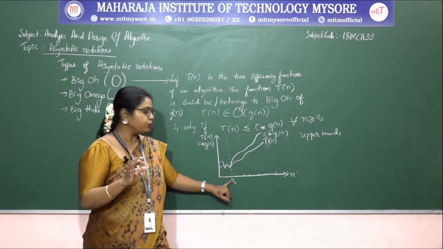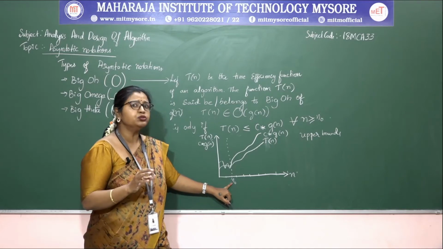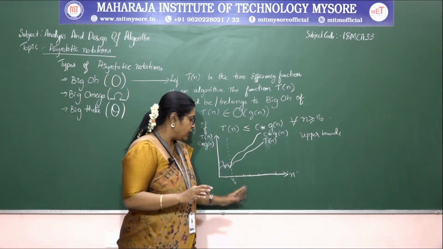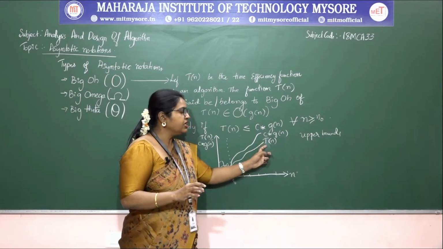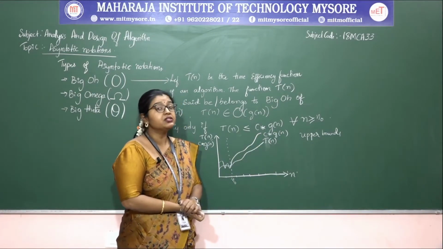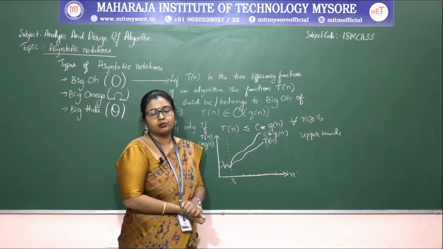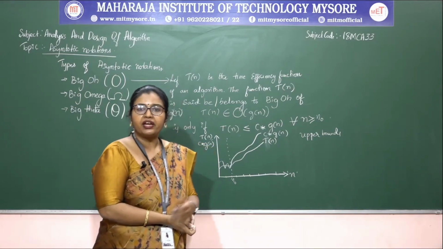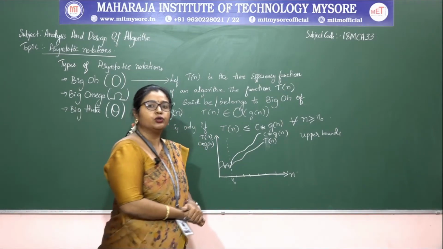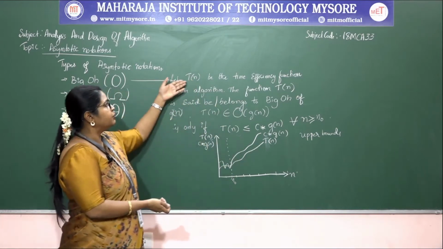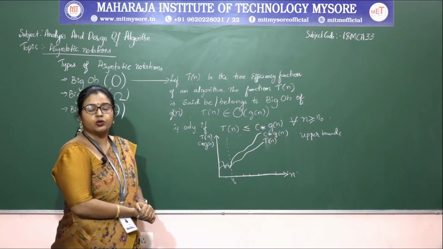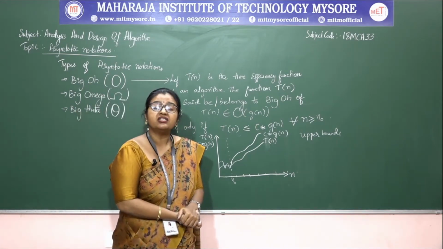Okay, until you obtain the constant value here, whatever the curve status might be, we won't bother. After this absolute value, your T of n will lie under this C into G of n, which represents the upper bound of the algorithm. So whatever equation you have obtained will come under that equation only. Okay, so that order of growth representation belongs to the big O of that order of growth, which is going to be used for the worst case efficiency